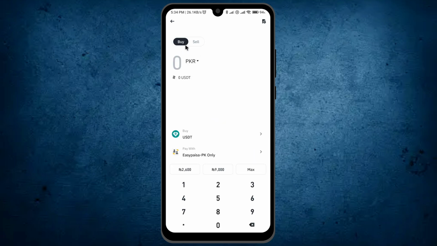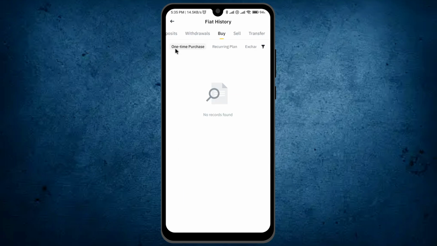Just click on it. In this window you can buy and sell your crypto, but in order to check the history of buy and sell, tap on this icon which is on the right top. Now if you want to check the sale history, then tap on the option sell, and here you will get